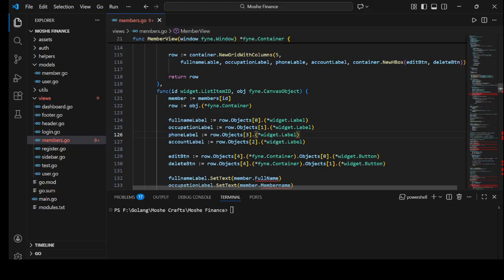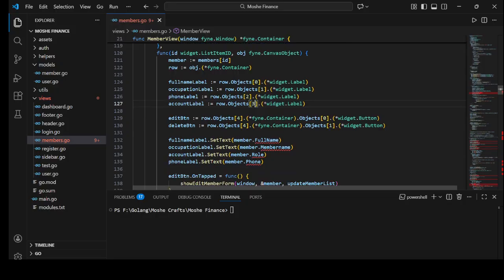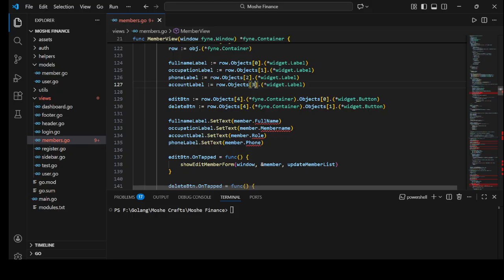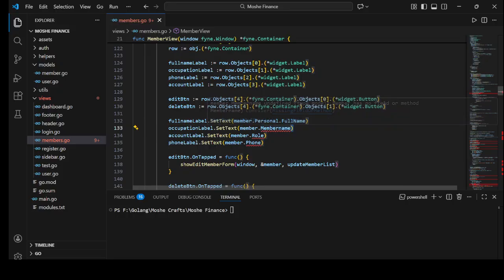So now we have 0, 1. Should be 2 now. This should be 2. This should be 3. Okay. 0, 3, 4. So this one is going to be member dot personal. Full name. Dot personal. Occupation, account, account number,